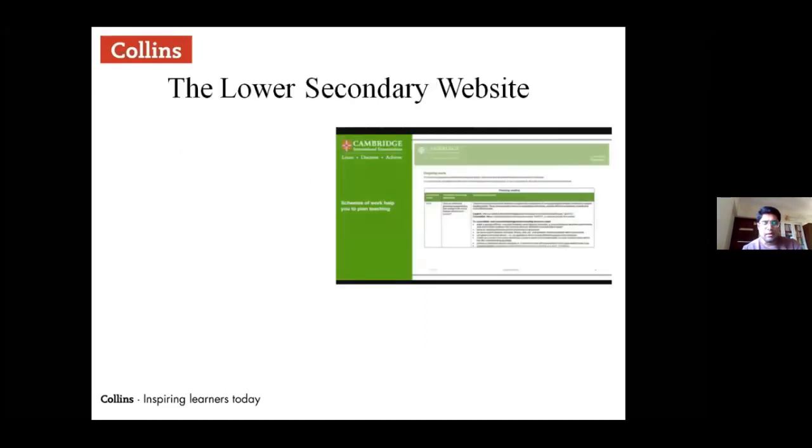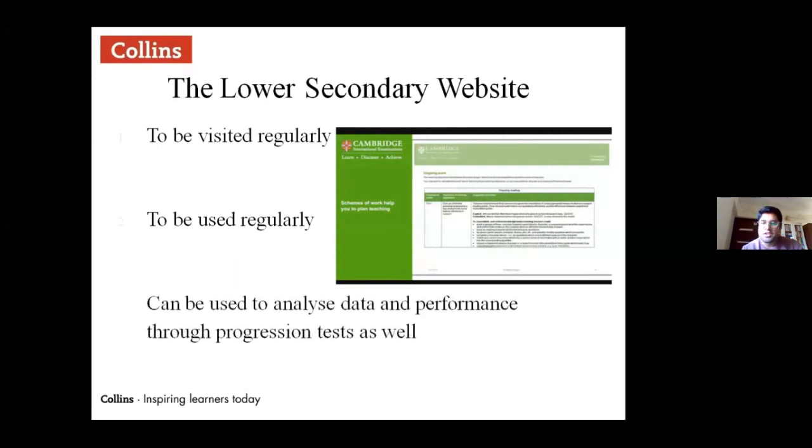So let's see. Now, I'm sure all the teachers who are on board with us today are members, and you have your login details to the lower secondary checkpoint website. This is exactly what the site looks like, and you will find a lot of good resources, right from the curriculum framework to the schemes of work and the teacher guide. Everything has been shared by CAIE over there. This is a site which we must visit and use regularly, because there are a lot of progression test papers and sample papers shared by CAIE for our understanding.